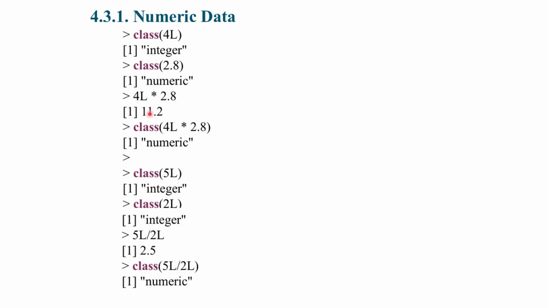So if you are doing some mathematical operations like addition, multiplication and division, this is an integer number and this is a numeric number. So after doing addition or multiplication, we get the answer like this. After getting the result, we can check the class of the value, that is the type of the value. So it is a numeric value. And 5L is an integer value, 2L is an integer value. So dividing two integer values, we are getting